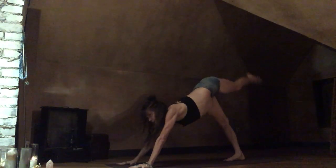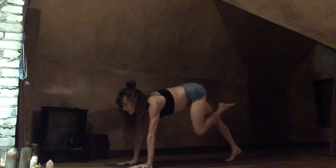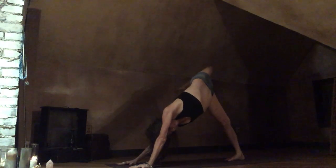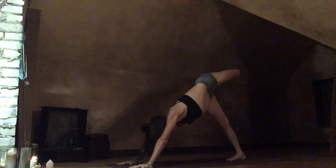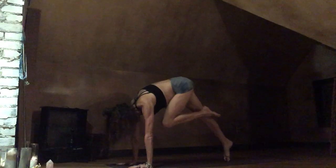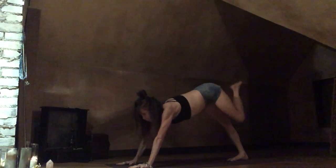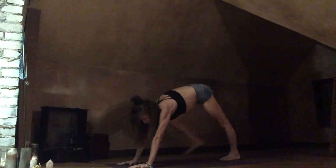Take that left leg, open out, pull the knee into the chest, open out, pull the knee into the chest, keep it going. One more time, then cross dog. Take the right leg into split and bring the foot outside the hand, and then you'll turn